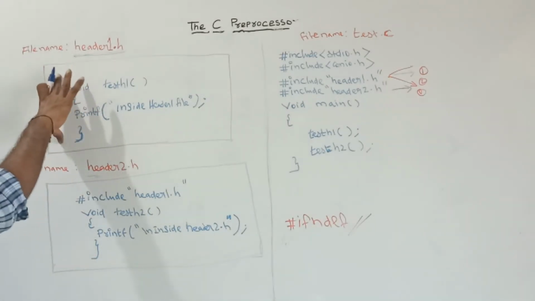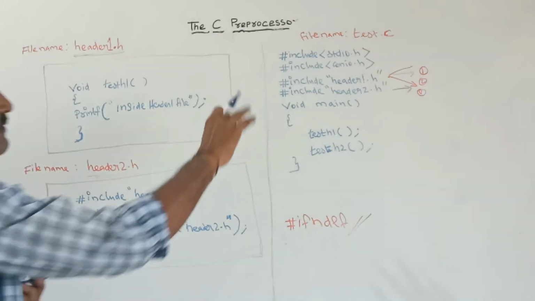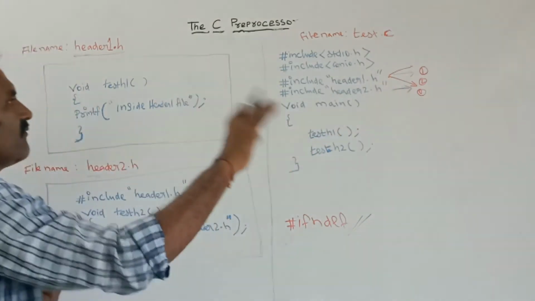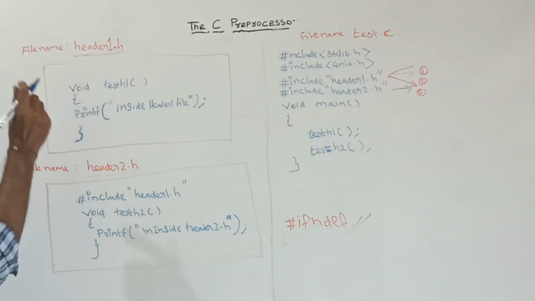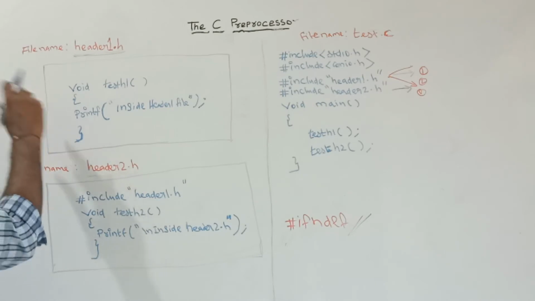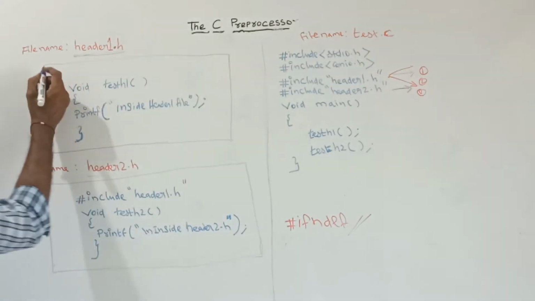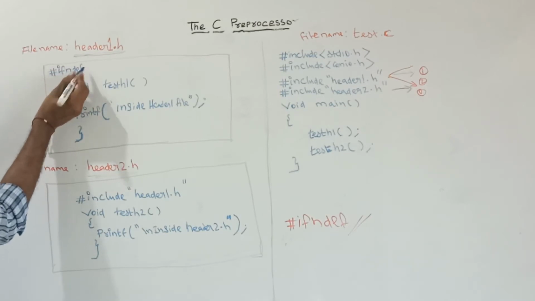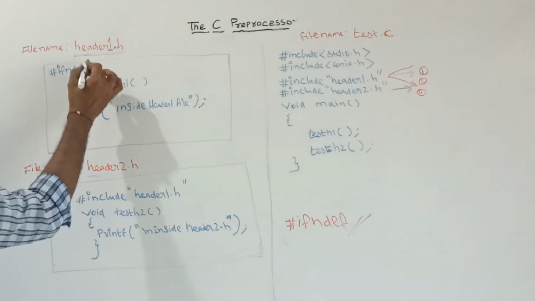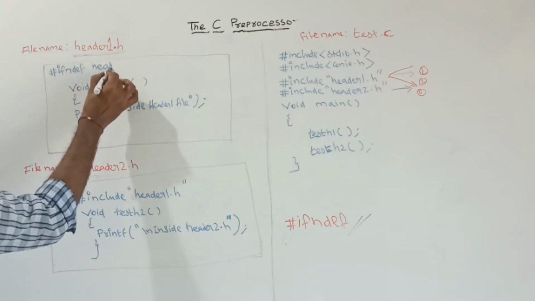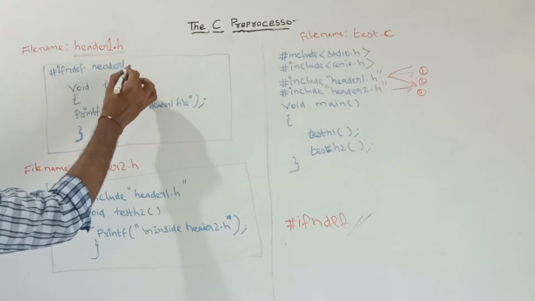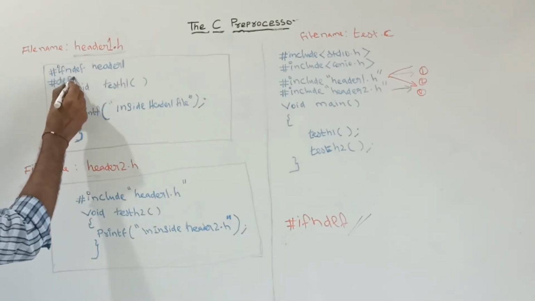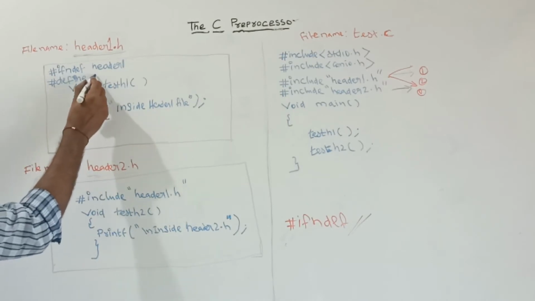Suppose without including it you run this program, header file h1 will be included 2 times. To avoid that, if you use this preprocessor directive, then we can avoid the duplicate code. See, #ifndef, that is HEADER_1, then #define